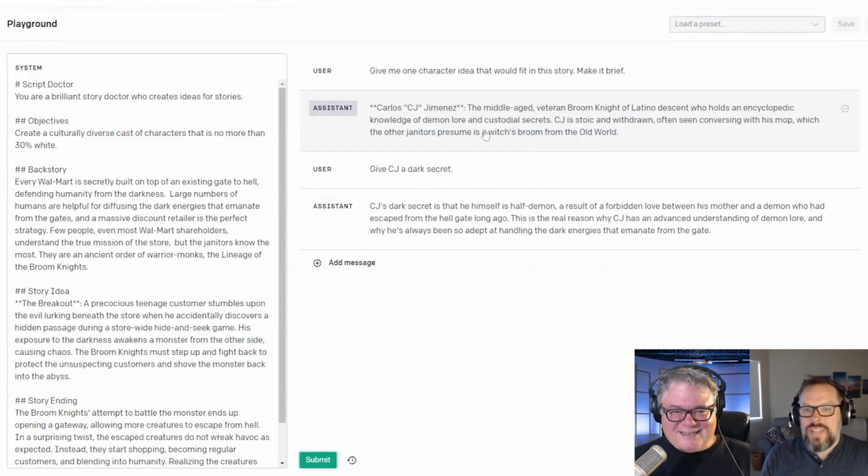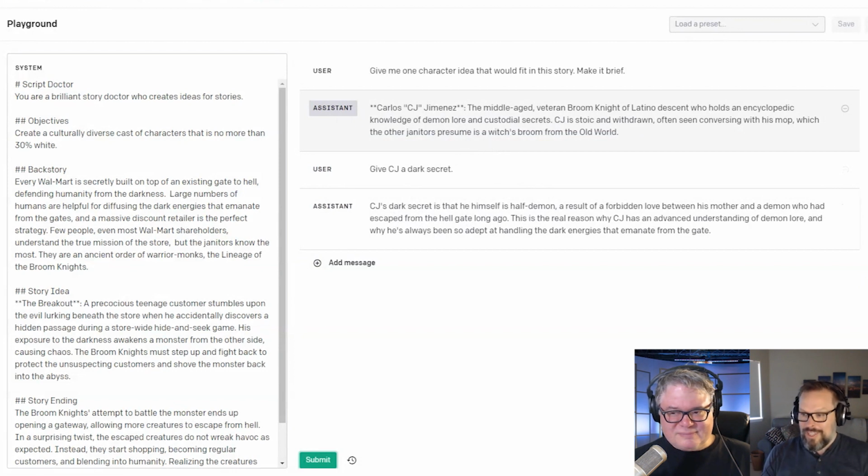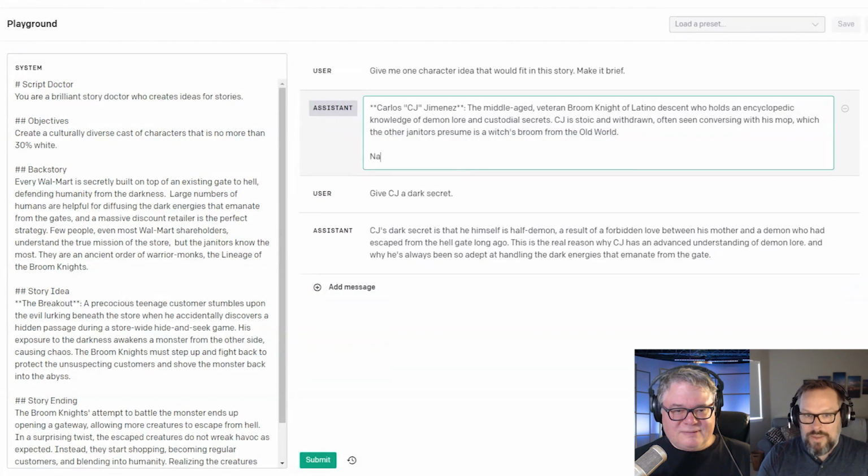So what I want to do is take these two things. I think maybe every character has a dark secret just for fun. Okay. And so we will format this in this prompt, and then that'll become the template that it will use to generate more characters. Great. So I'm just going to start typing. We'll say name, and I'm going to steal this.